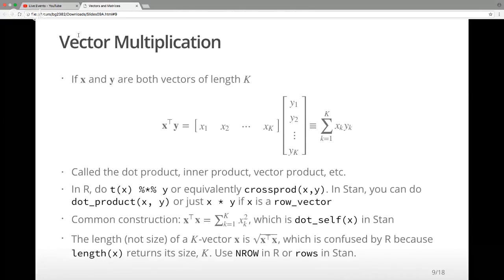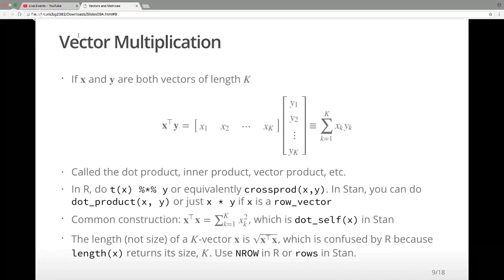So before we get to vector-matrix multiplication, we need to go through vector multiplication. If x and y are both vectors of size K, then we can define vector multiplication, or multiplication of x transpose by y, as the sum from k equals 1 to K of the kth element of x multiplied by the kth element of y. So you just take the first element of x multiplied by the first element of y, add it to the second element of x multiplied by the second element of y, etc., summed up over all K values,